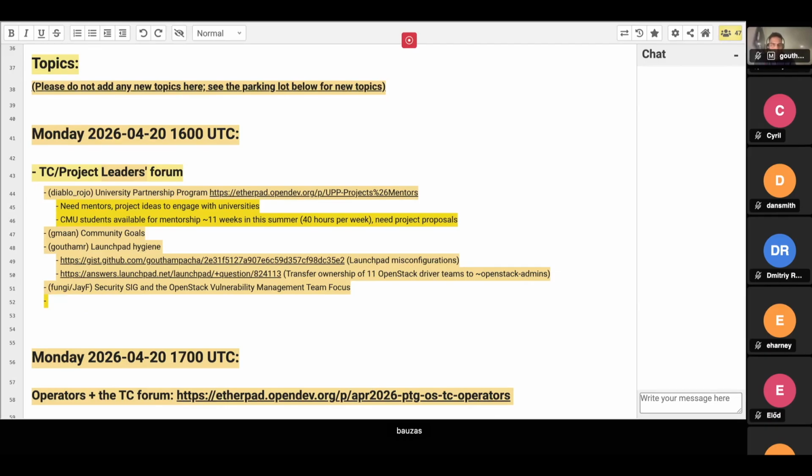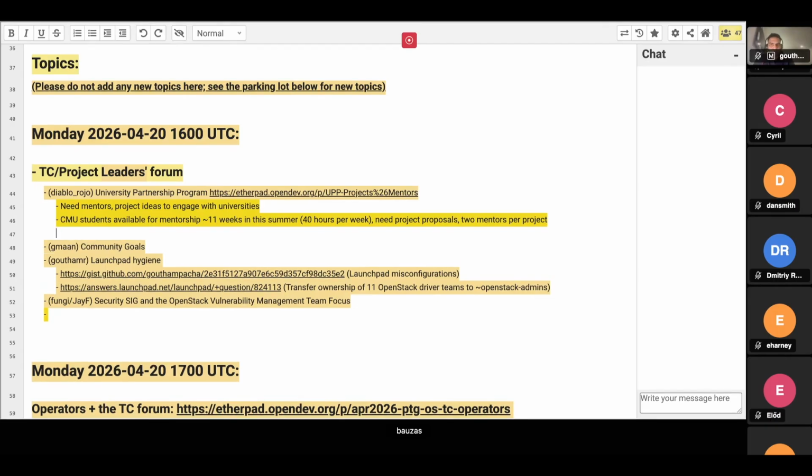The only other thing that Carnegie Mellon specifically asked for is to have 2 mentors per project, just for resiliency, which I'm sure we can all understand, being pulled on to other things because we also all have day jobs. But I will continue to use this resource as other universities crop up and are interested in projects for students to work on. So it's not just limited to these Carnegie Mellon students that'll be starting in, I think, about a month. I think towards the end of May is when it is. Like I said, I can confirm that if you're interested or have those questions. But we also work with